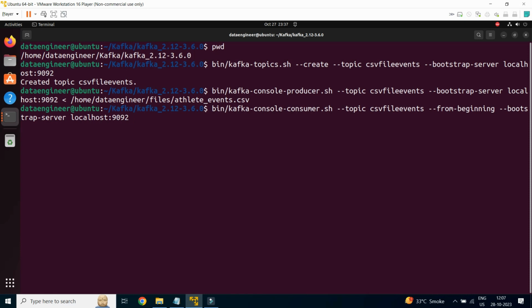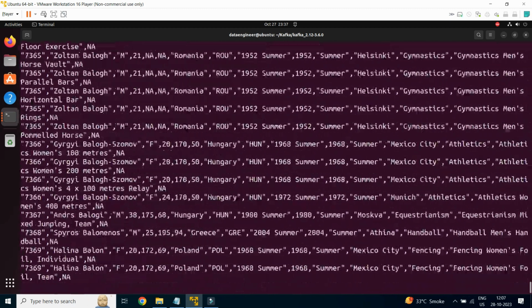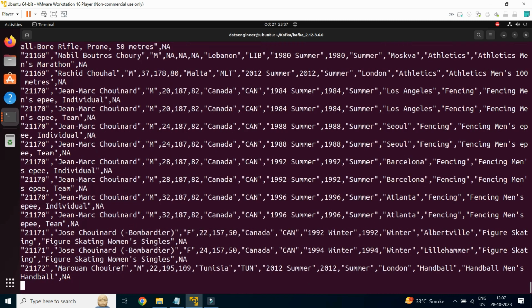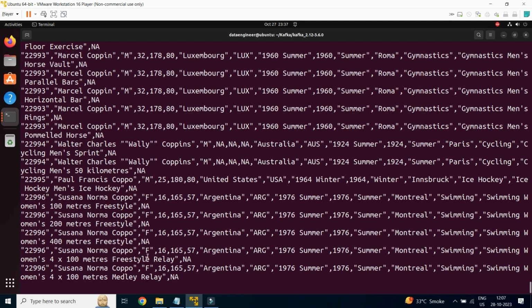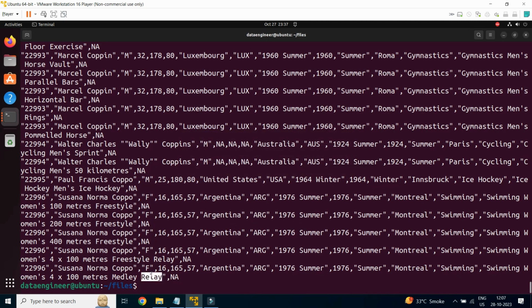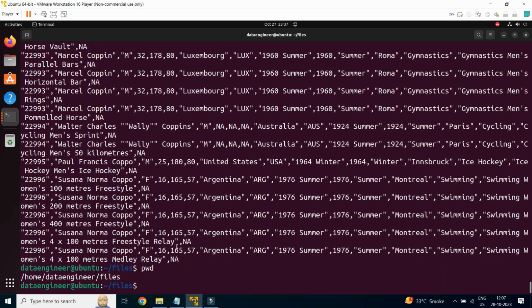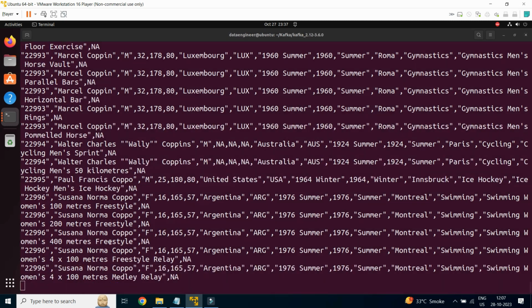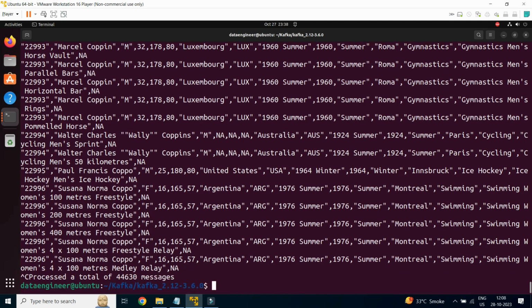So here you can see we have started receiving the records. Here you can see we have consumed n number of records. So this is our file. This is the file which we have sent. The records have been consumed. Press Ctrl+C to end the consumption. So this is how we consume the records in Kafka using the CLI,